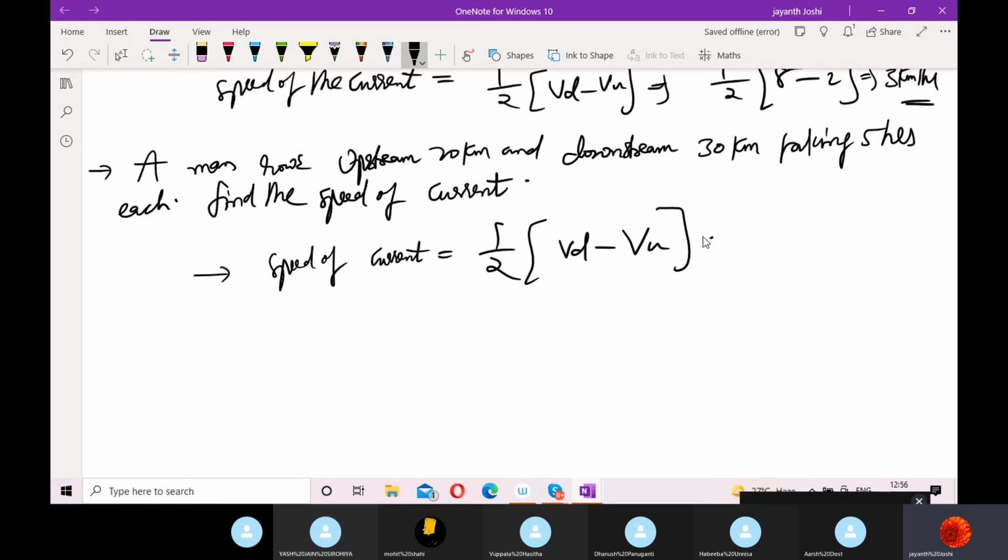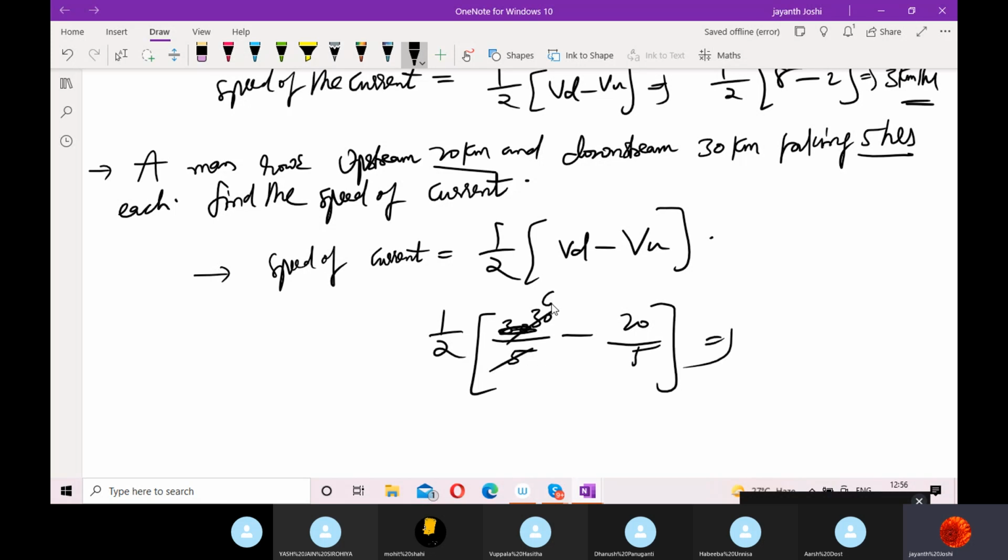See, in this question the data is not given directly to you. Here they have given 21 kilometers, distance, and divided by time, 5. So you need to find speed, correct? So distance by time, and again, sorry, this is upstream. Okay, downstream is 30. But... 4, 2. Okay, now next question. Simple, na? Next question.